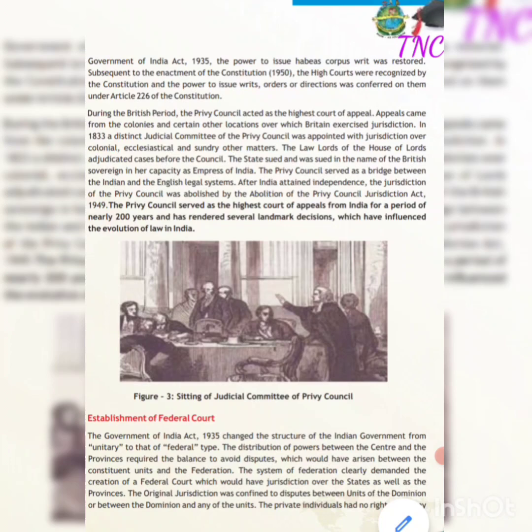The Privy Council served as the highest court of appeal from India for a period of nearly 200 years, and this is nearly the same time period for which the Britishers ruled over us. That's why for approximately 200 years, the Privy Council was the highest court of law in appellate jurisdiction that it served from India, and it rendered several landmark decisions which have influenced the evolution of law in India. Yes, it's true, we have taken so many good things, so many administration principles we have taken from